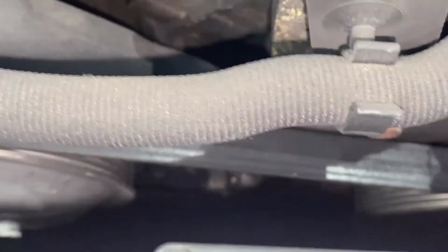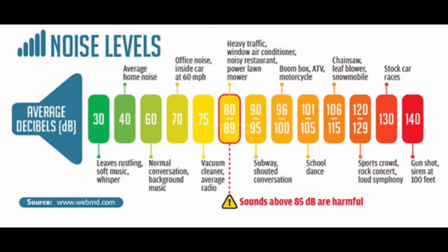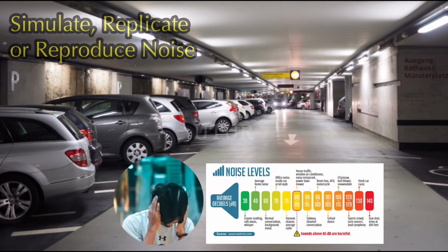To detect and simulate the problem reported and to understand why this has occurred, you will need to start the ignition, undo the bonnet or hood, and perform a visual and audio inspection. Take note of the serene and tranquil environment prior to starting your engine. If the squealing noise from your car is intermittent and you're struggling to replicate the noise, then patronize a multi-story